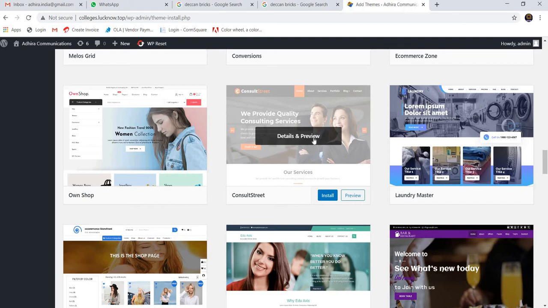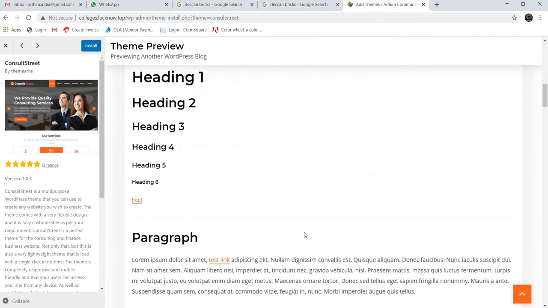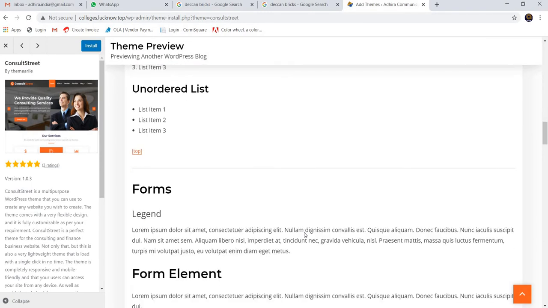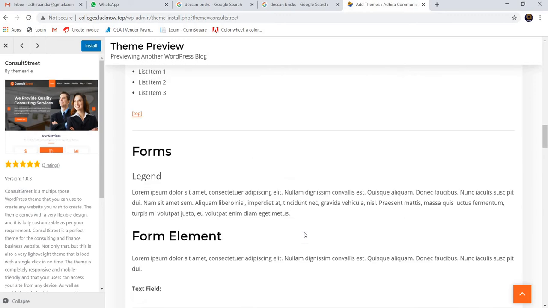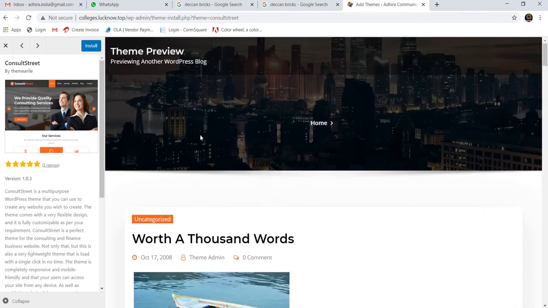If we want to see what the website looks like, click Preview. Then we can see how the theme will appear on our website. This is the theme. Once we click Preview, it will show on the right side of our website.